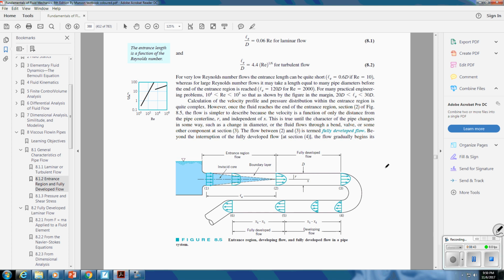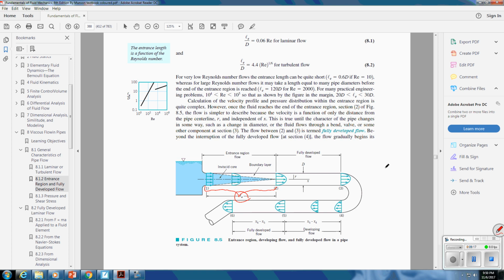For example, we have this pipe flow coming out of a big tank. So at the beginning, at this region, we call it the entrance region. The entrance region is defined by the boundary layers of this pipe flow meeting with each other on the boundaries. If you look at this flow, when the flow enters from a big tank